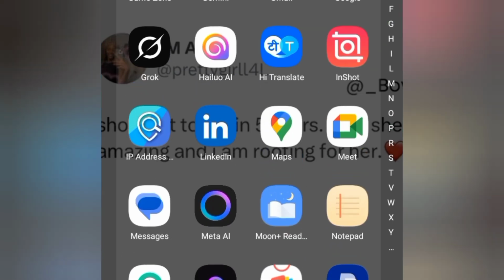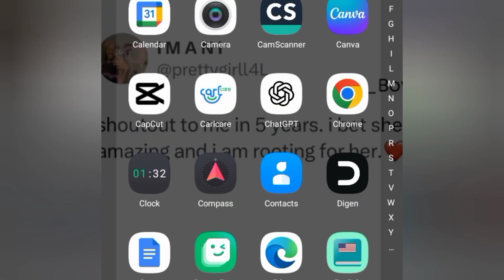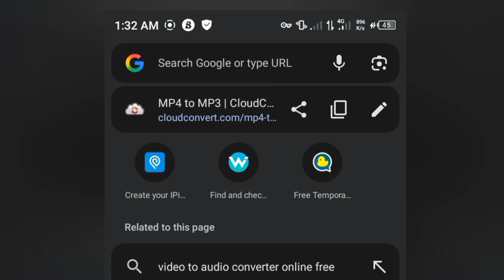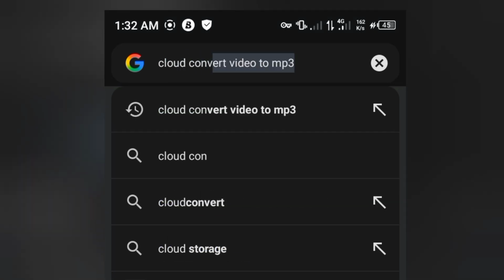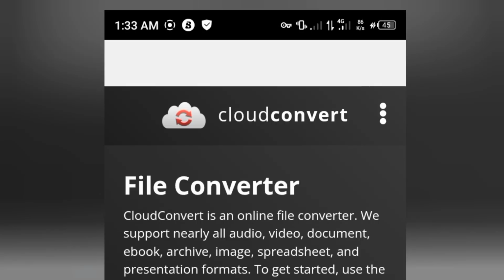Yes, go to your Chrome browser. Then you type Cloud Convert. Cloud Convert is an app that will help convert that video you downloaded from TikTok into an audio. This particular app will convert that particular video you downloaded from TikTok to audio. So we just click on it and